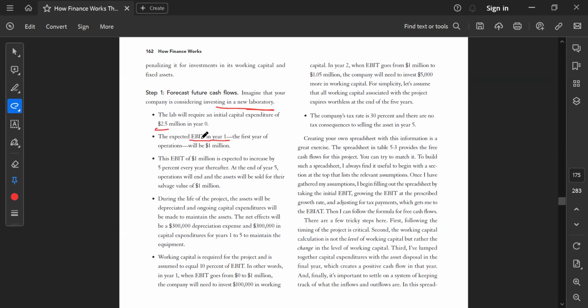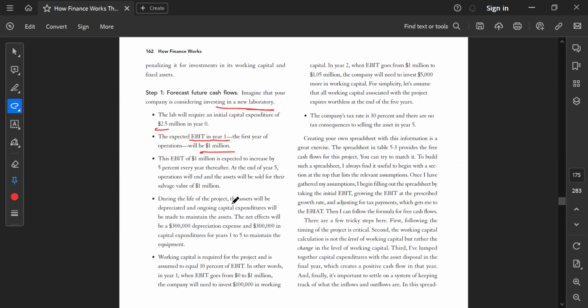ईबिट पहले साल में जो आने वाला है, एक्सपेक्टेड दैट इज $1 million। The EBIT of $1 million is expected to increase by 5% every year thereafter। ये जो $1 million का EBIT है, अर्निंग बिफोर इंटरेस्ट एंड टैक्सेस, वो हर साल 5% करके बढ़ने वाला है। और 5 साल के बाद लेबोरेटरी का ऑपरेशन बंद हो जाएगा एंड सोल्ड फॉर द सैल्वेज वैल्यू ऑफ $1 million, यानी $1 million पे बेच दिया जाएगा।